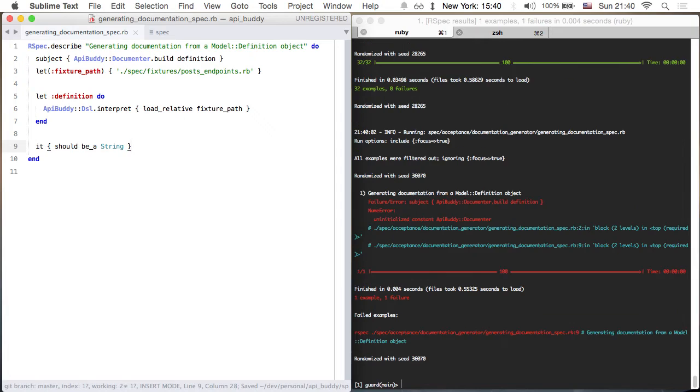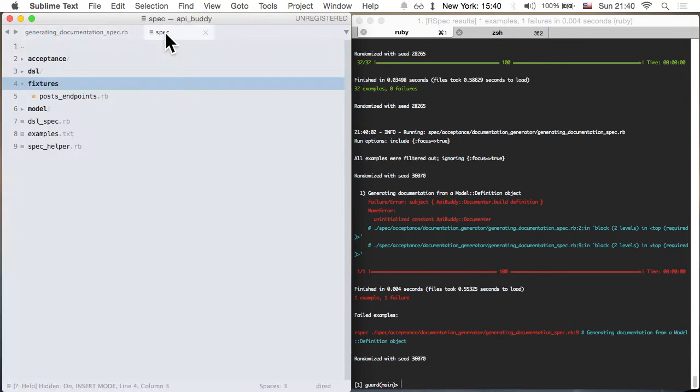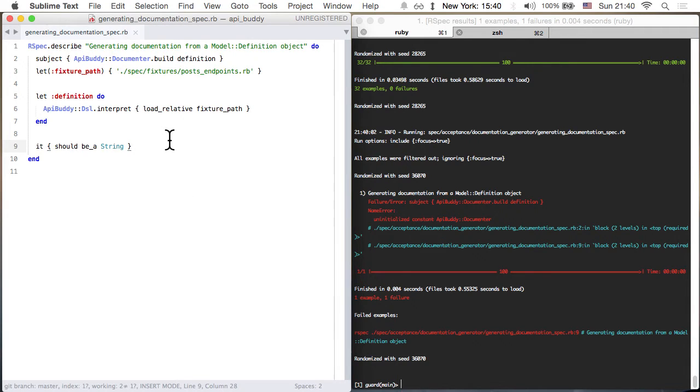We can always pipe it out to a file later on. Cool, so we have our first error here, and so to fix,